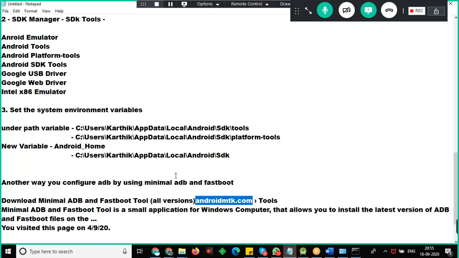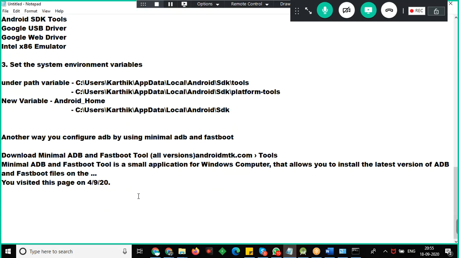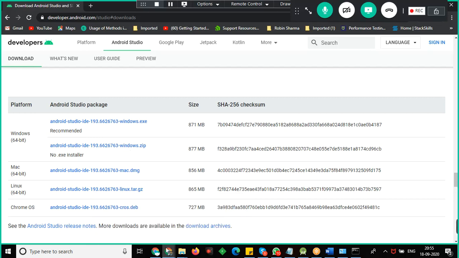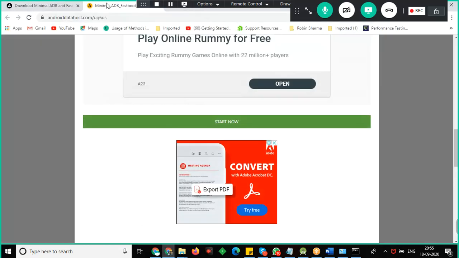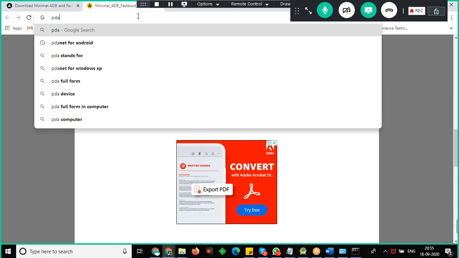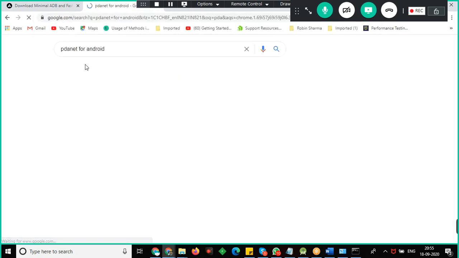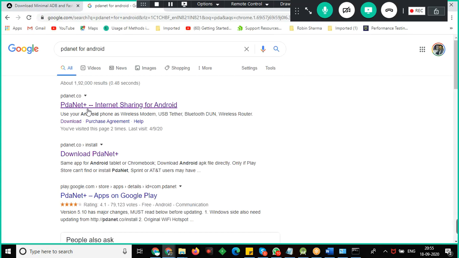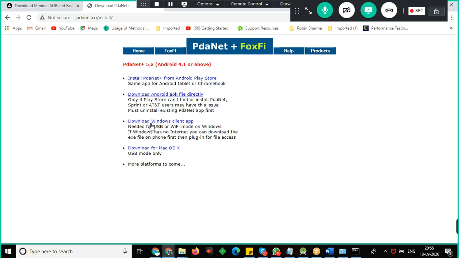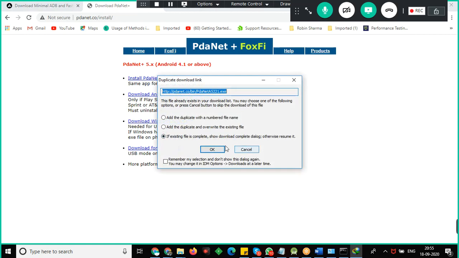So you need to install the USB driver. For the USB driver, you can install PDANet, PDANet Plus. So PDANet Plus, see, this is the PDANet Plus. You need to download and install it. Download, then select the Download Windows Client tab. So this is a USB driver which you can get installed. Okay, so once you install it,